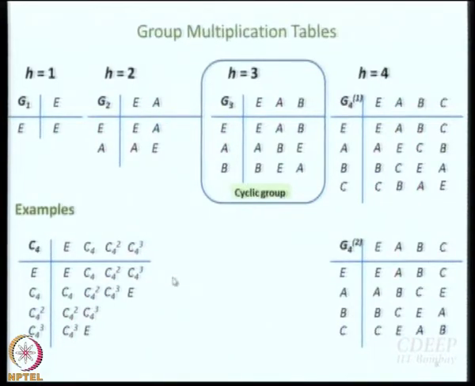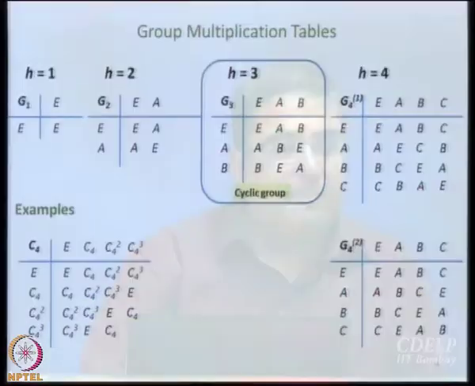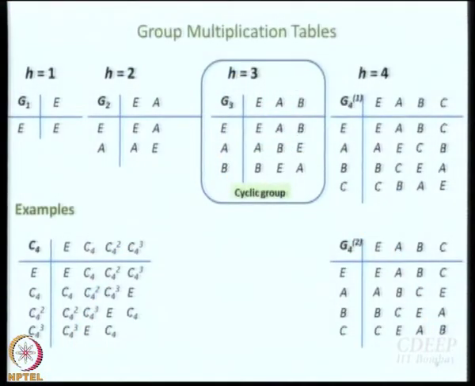What will be this element here? C4 square E, and C4 cube C4 square is C4, right. C4 cube C4 square would be C4 to the power 5, that is C4 to the power 4 multiplied by C4. C4 to the power 4 is E, like 1. So you get C4. Oh, we are done. What is left? Only one element, and you do not even have to work it out: C4 square. So now see, does it match G4 2 or not?